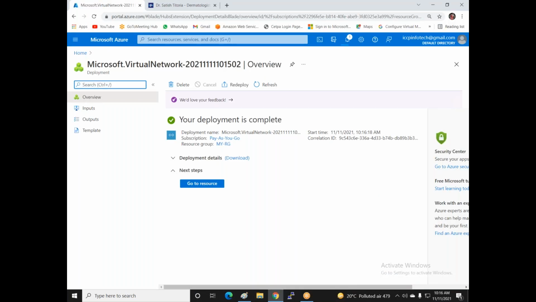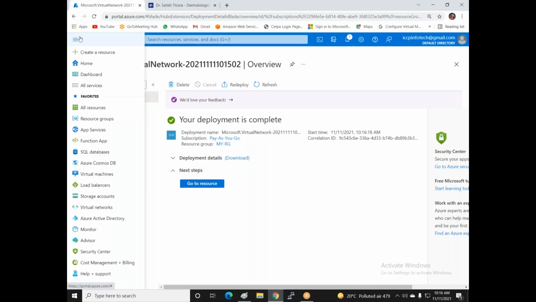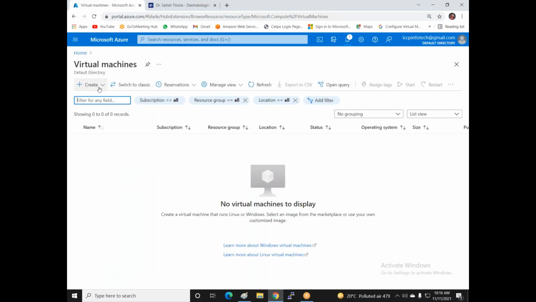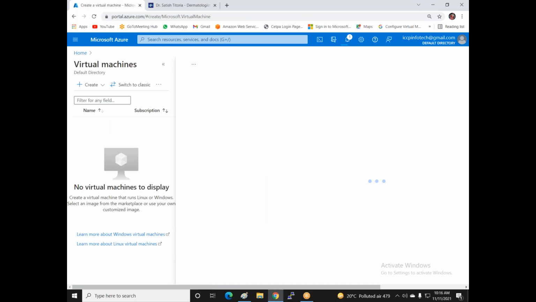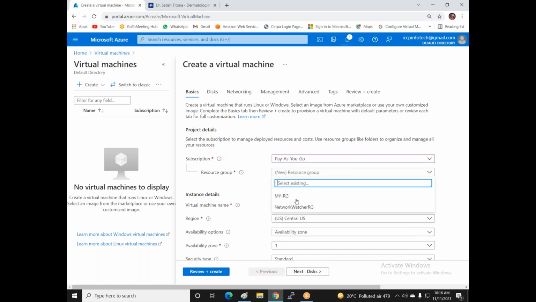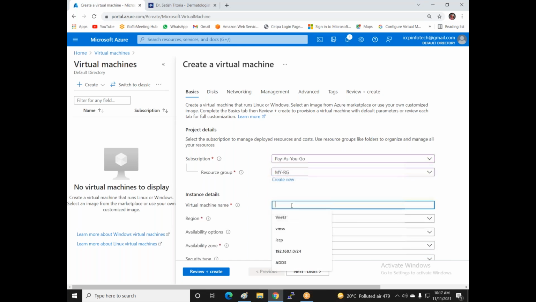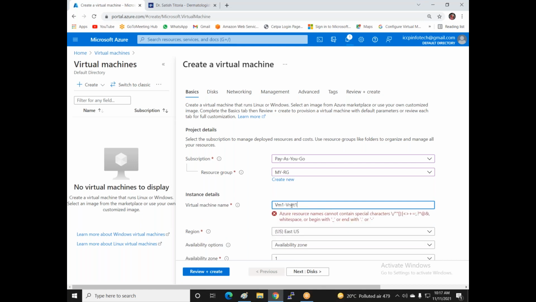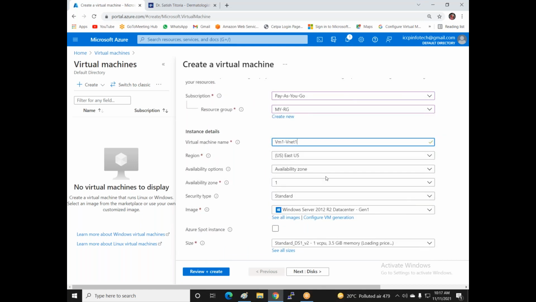I go to virtual machines and create virtual machines, and give the name VM1 for VNet 1. VNet 1 is available in East US.